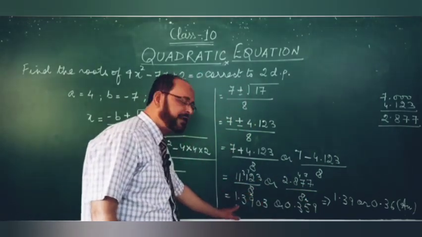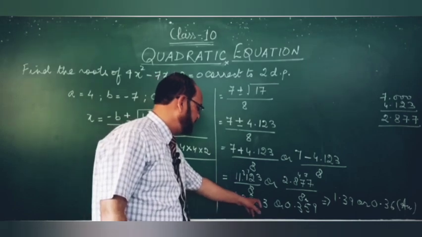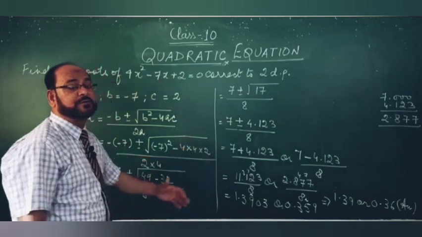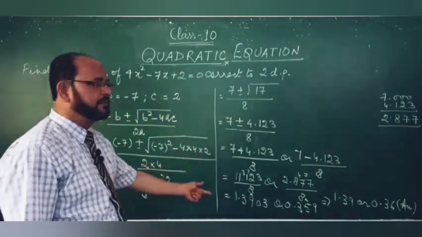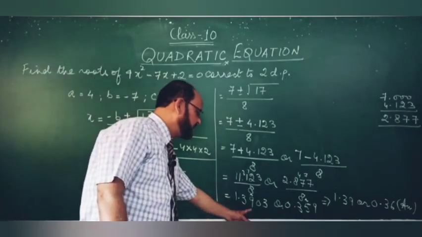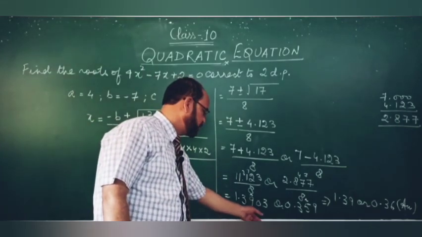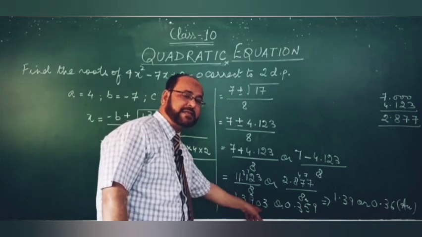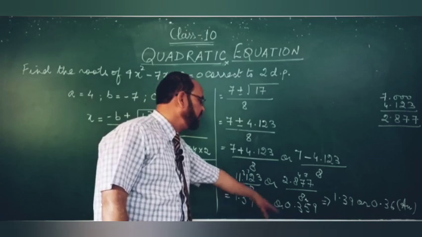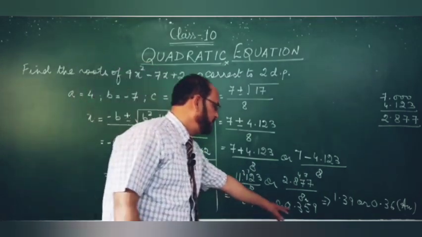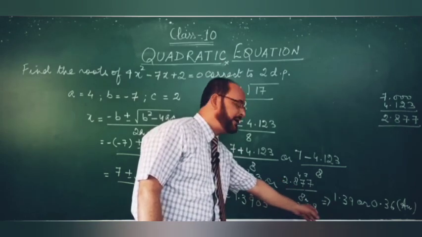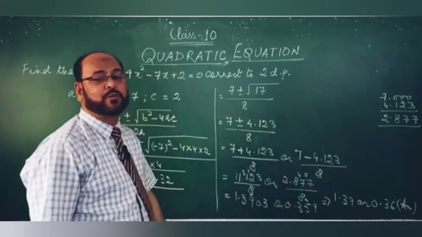After dividing you will get 1.3903 or 0.359. Now your job is to round off the given value correct to 2 decimal places. So this is the second decimal place. You will check the next digit, that is less than 5. So nothing will be added here. You will discard all the remaining digits. Your answer will be 1.39. And in this section, since the next digit is more than 5, 1 will be added to 5. Your answer will be 0.36.